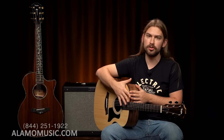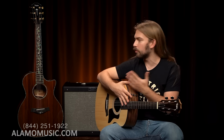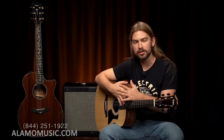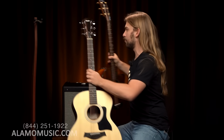It does have an ES2 pickup system in here, which is a nice segue into even the presentation series has the ES2 in it. So I'm going to switch these two, talk about what makes them similar and what makes them vastly different. The PS14